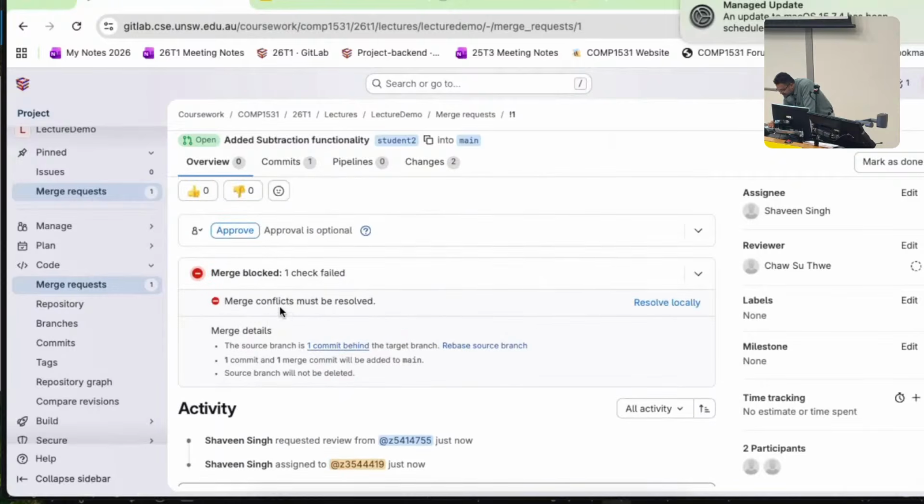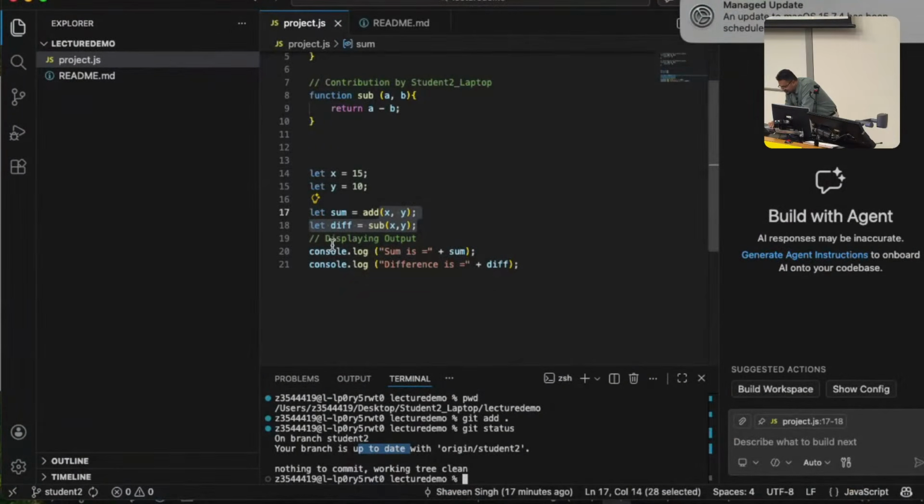So now it says merge blocked, merge request must be resolved. The branch is one commit behind, right? So what happened was, there was this main branch. One person worked separately on a different branch for subtraction function. Another worked on multiplication and pushed it. Now the person who worked on the subtraction doesn't have access to the other function. So when they are merging, there's a conflict, right? So what we will do now is try to resolve that,